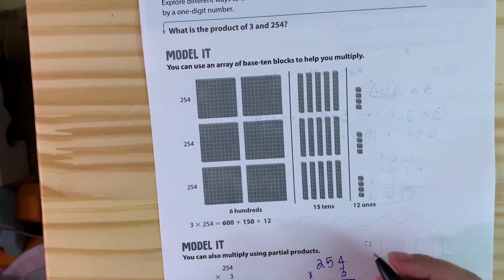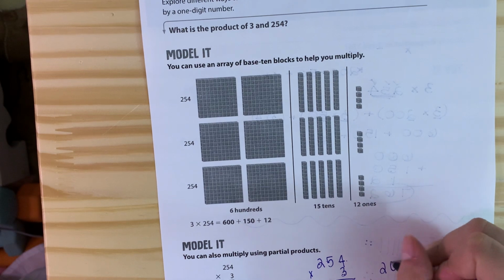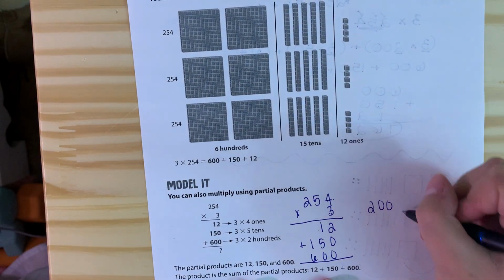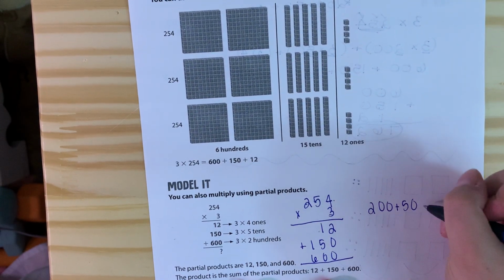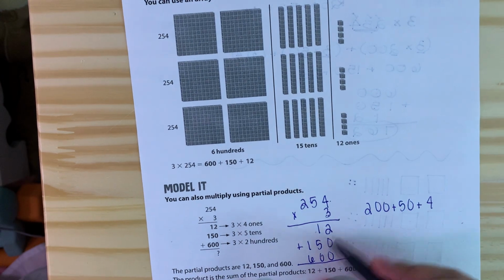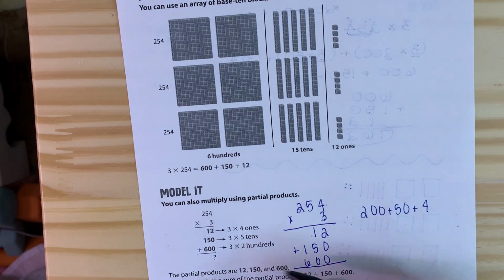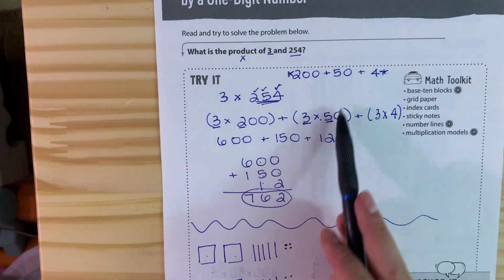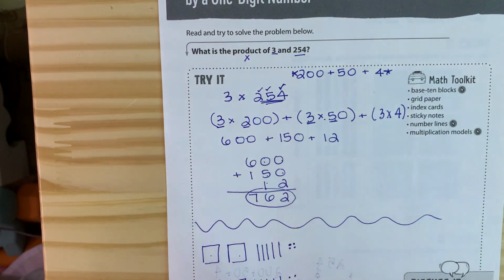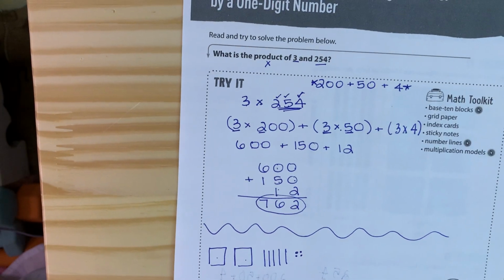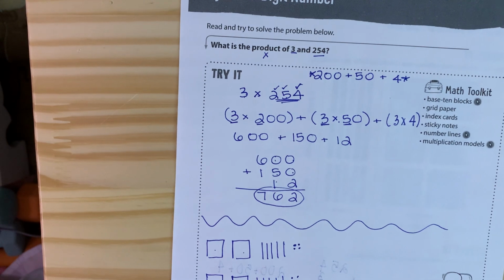But this way can get a little trickier, so that's why I said it was okay if you did the expanded form like this before you even started breaking it apart, and that way it made more sense to you. So you could stack it, you could draw the picture, or you could keep it across like we did and just copy the expanded form out. Completely up to you. If you have any questions, please join the meet and ask,